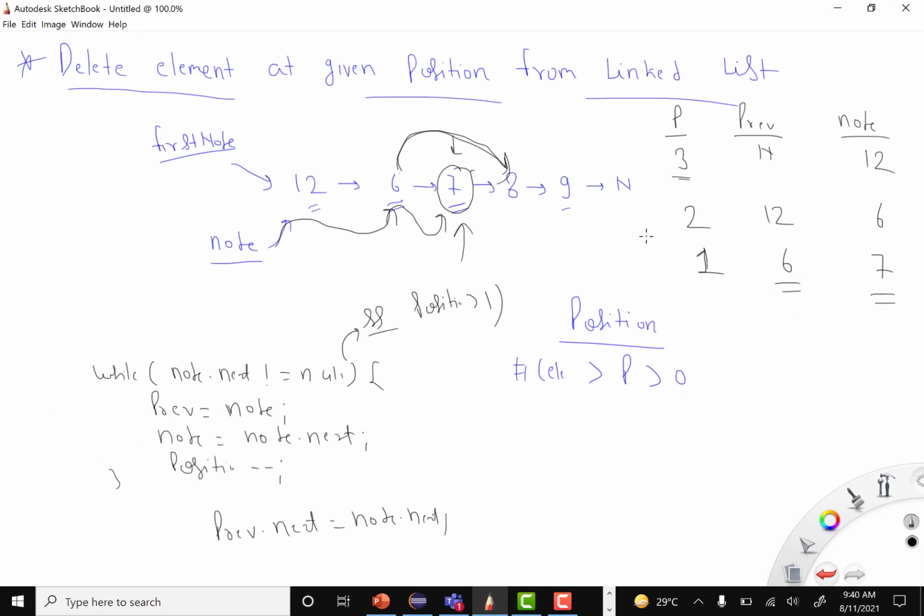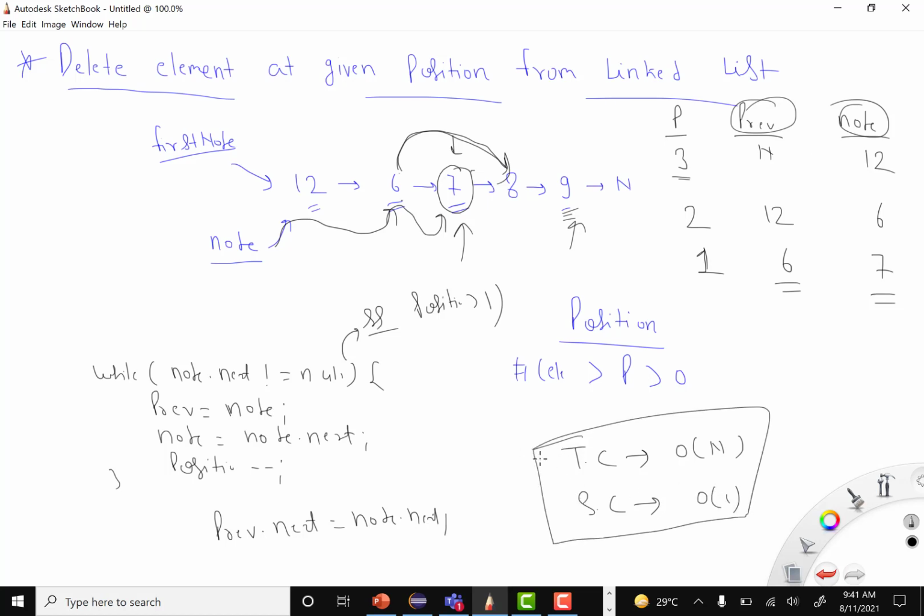Now if you talk about the time complexity of this one, wherever the element position is, I have to reach that position, and at maximum I have to traverse n elements. Let's say if I want to delete the 5th element, I have to reach till here. So if there are n elements, at maximum I have to traverse n elements. So this is the time complexity, O of n. Now what about the space complexity? As such there is no extra space that we are taking; we are just using the previous variable and node, which is constant. So the space complexity is O of 1, which is constant, right? So this is about time complexity and space complexity.